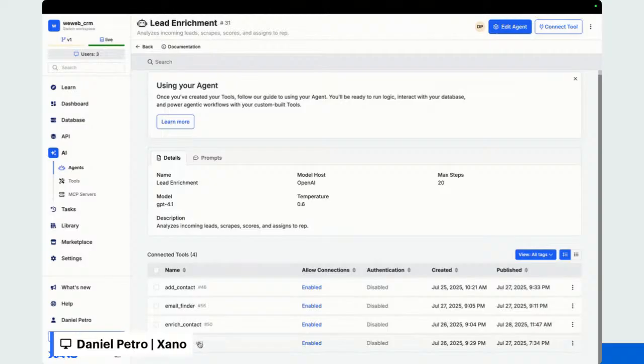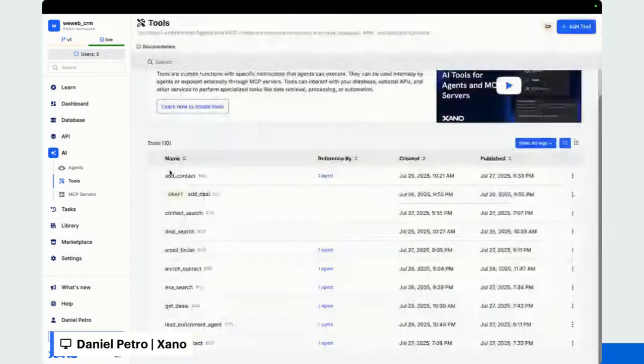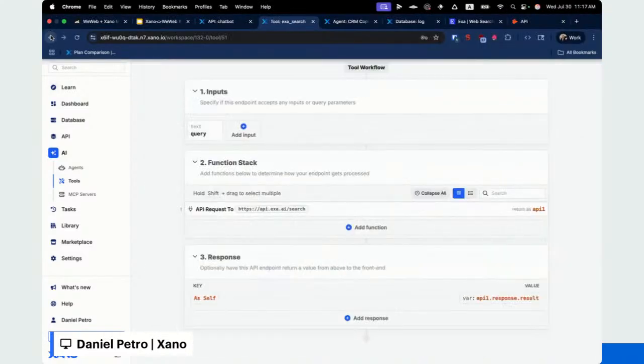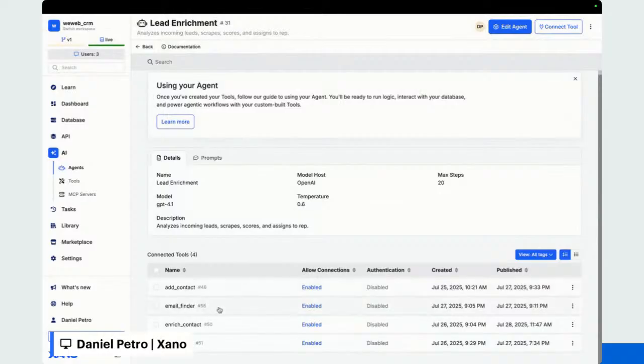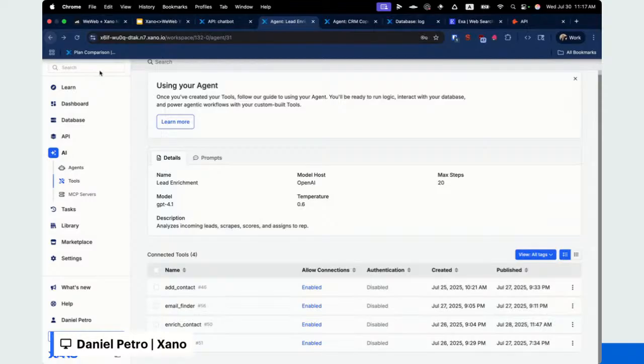So we have an Exa Search tool. If you haven't heard of Exa, you should definitely go check them out. They have a great API that is essentially scraping the web using AI. And I keep hitting back instead of this back. Excuse me. And then we have our email finder tool, and this one is going to be an email finder from hunter.io. That way it ensures that it's grabbing a valid email and not hallucinating and making one up for you or just guessing. And so if we go back again,